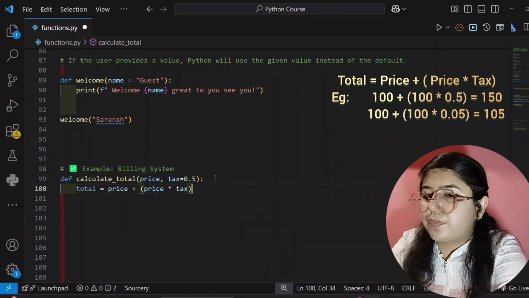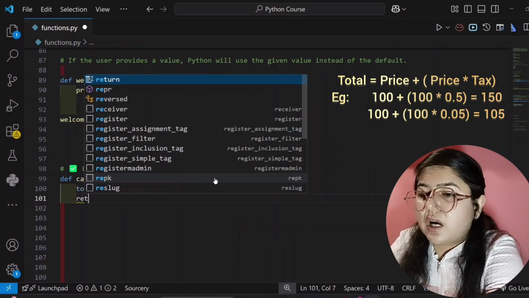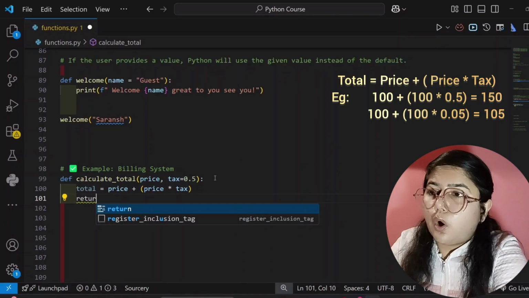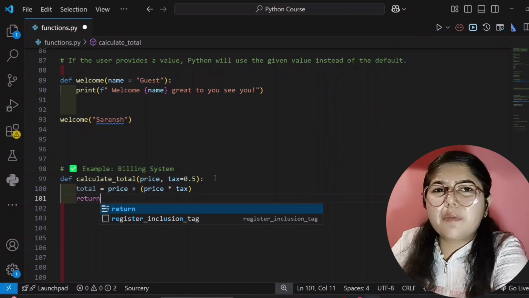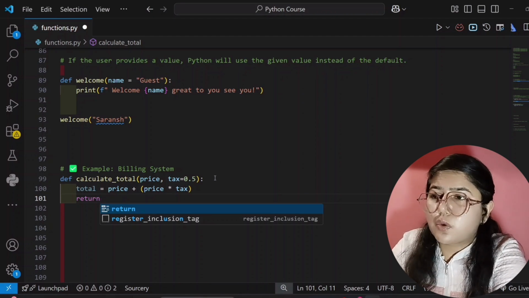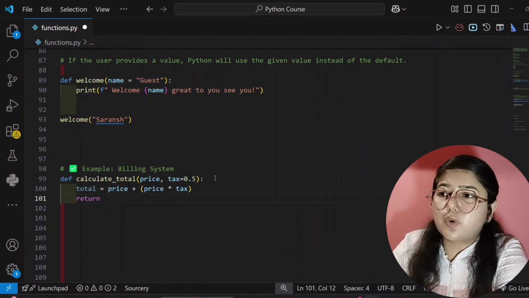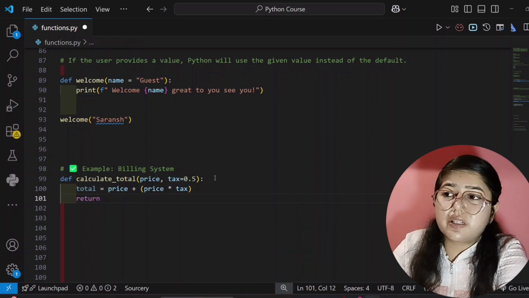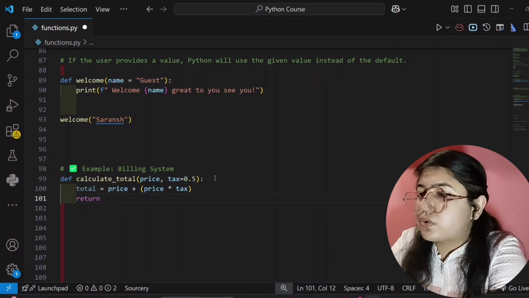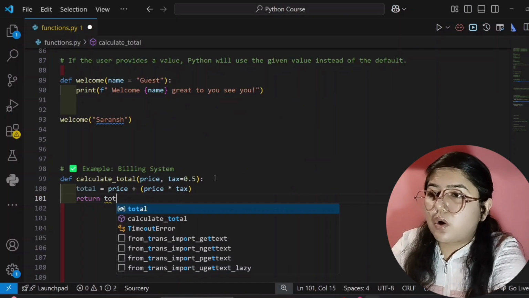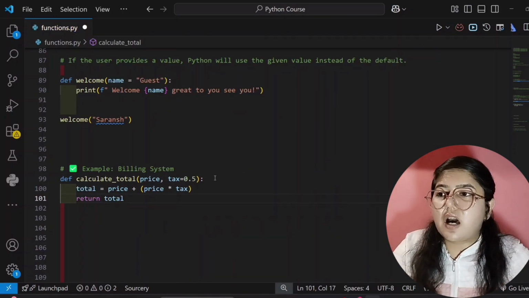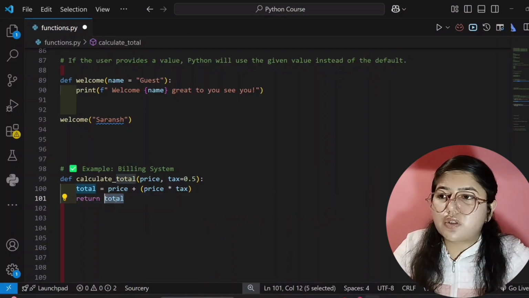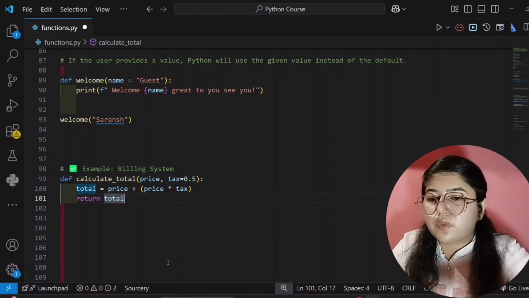and the total value. Then we will return from here. I'm using return here, or you can directly write print here, but I'm using return. As you wish. If you don't want to return, you can directly print from here, but I'm returning this. That's why where I call this function, I will write print after that. So return and then total, because in the total variable our final answer is stored. So from here that total answer will be returned to our caller,